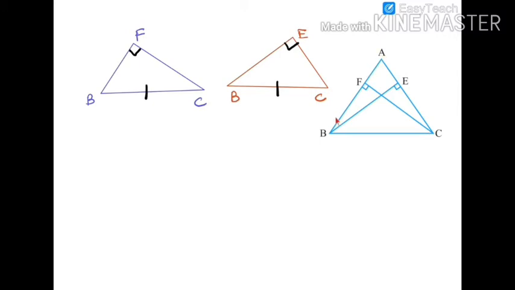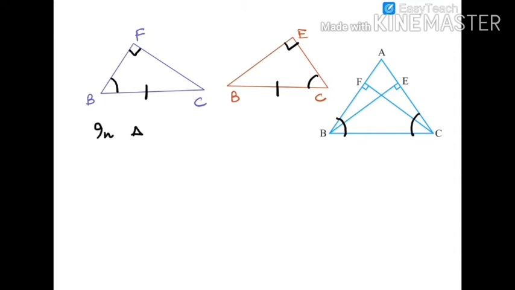We are given that AB is equal to AC in triangle ABC. So we can use the isosceles triangle property and say that angle B is equal to angle C. That is, angles opposite to equal sides are equal. So then we have angle B equal to angle C in these two triangles. And then these two triangles will be congruent by angle, angle, side.